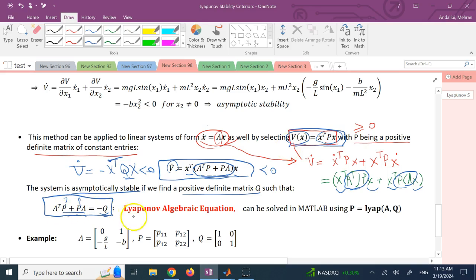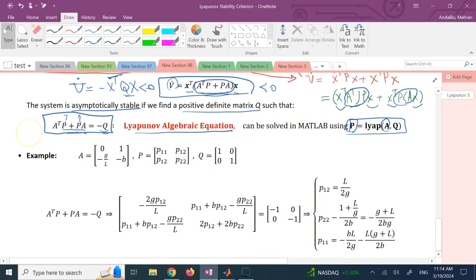Now this equation here is what we call the Lyapunov Algebraic Equation, and you can solve it by hand, or, if the dimension of A is big, you can use this command in MATLAB called lyap. If you pass to it A and Q, it gives you P. The only thing is A and Q have to be numerical, so A cannot be symbolic. A has to be double numbers and Q too, then it gives you a matrix P, and it solves for this. Now, if A is symbolic, you can use symbolic solvers here,